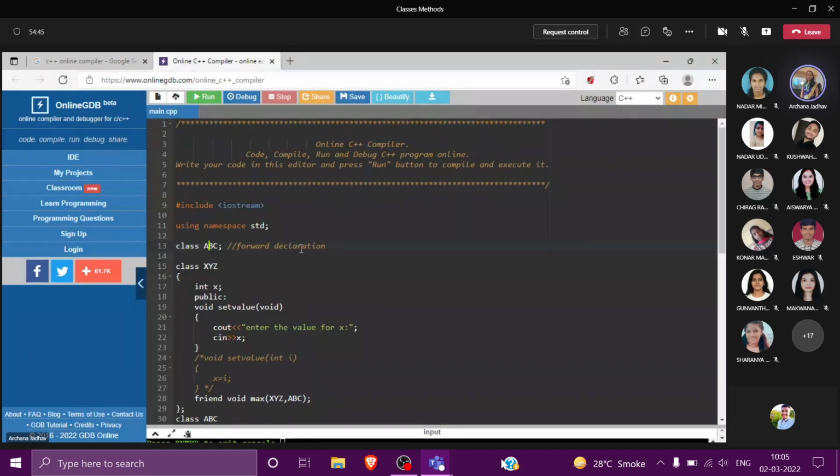It is called the forward declaration of your class. Then I have another class called XYZ. Now what I wanted to do is, in both the classes, I will enter some integer value, and I want to check which value is the max from both the classes. Suppose, like now,